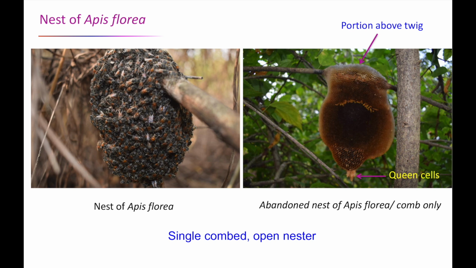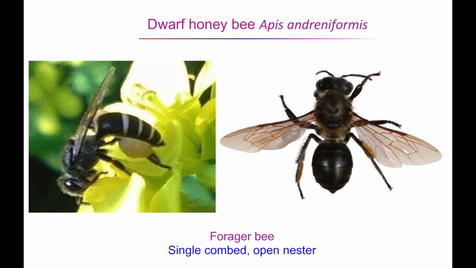The comb is almost always parallel with the main branch to which it is attached. The brood area is situated below the branch, while honey is stored in cells around and above the branch. In the dwarf honeybee Apis andreniformis, the abdominal tergites are uniformly black. This classification of Apis florea and Apis andreniformis based on workers, however, is not so reliable as pigmentation varies with